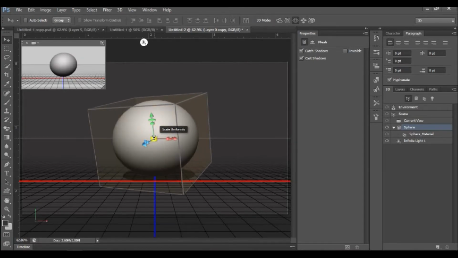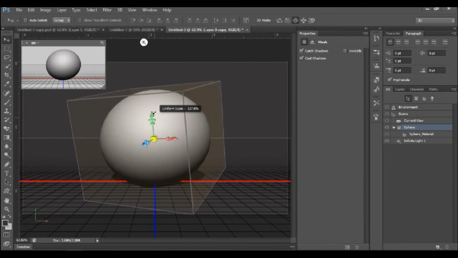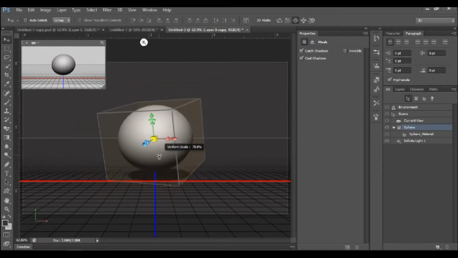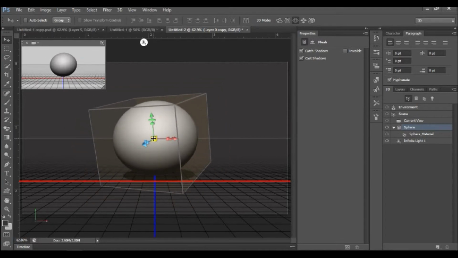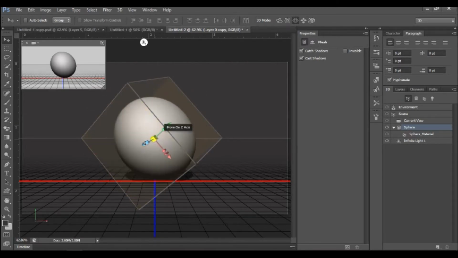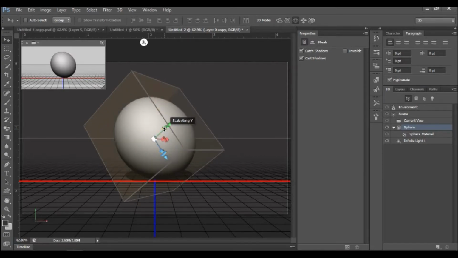You can scale it uniformly, just in the center you can see the scale uniformly, and press and drag up to make it large and down to make it smaller. Now here you can see the rotate, so you can rotate from z-axis, x-axis, and any other axis that you want.